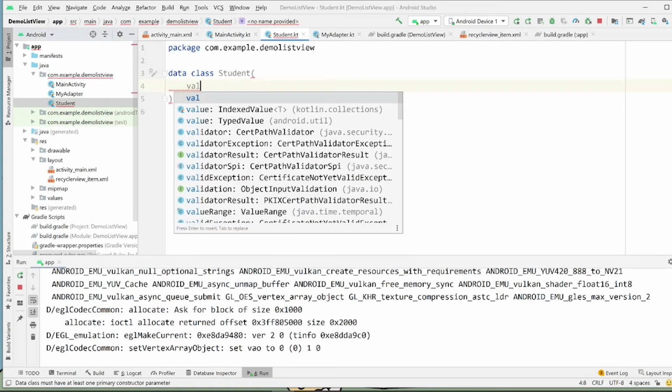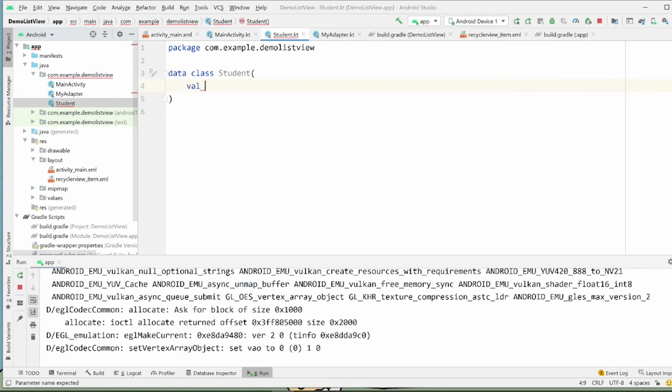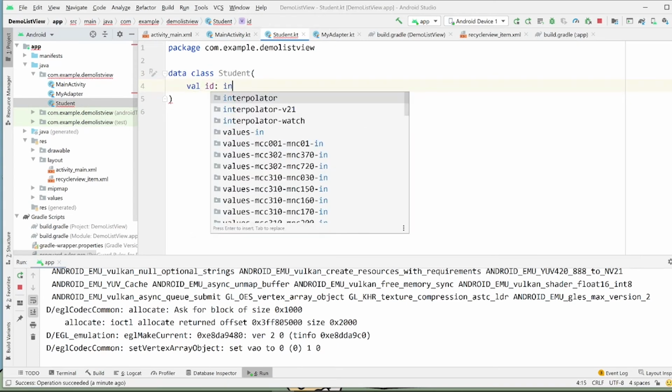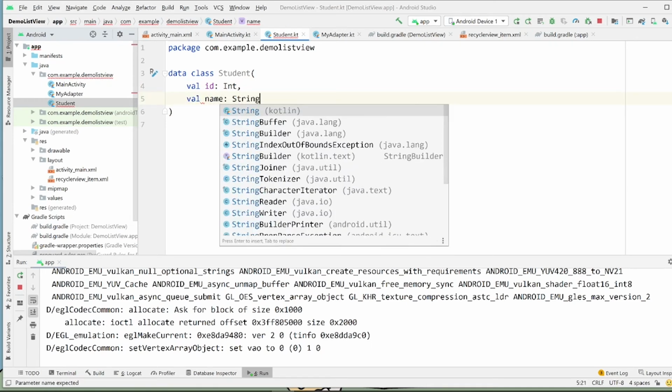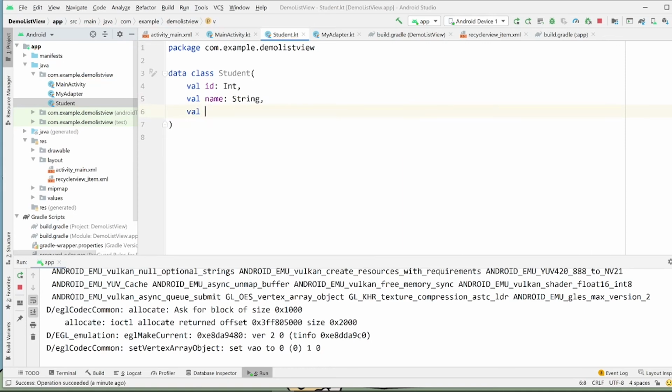It's gonna automatically generate this for me. And then I can say Student has an ID. Student might also have a name. Student also has their favorite color, which could also be a string.